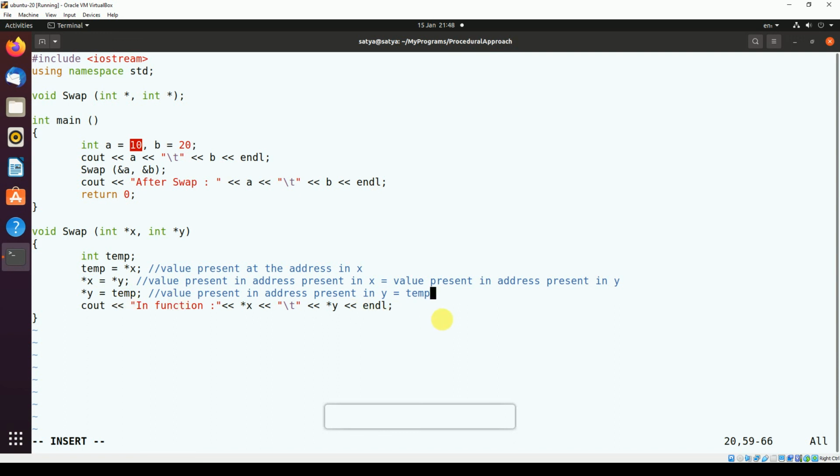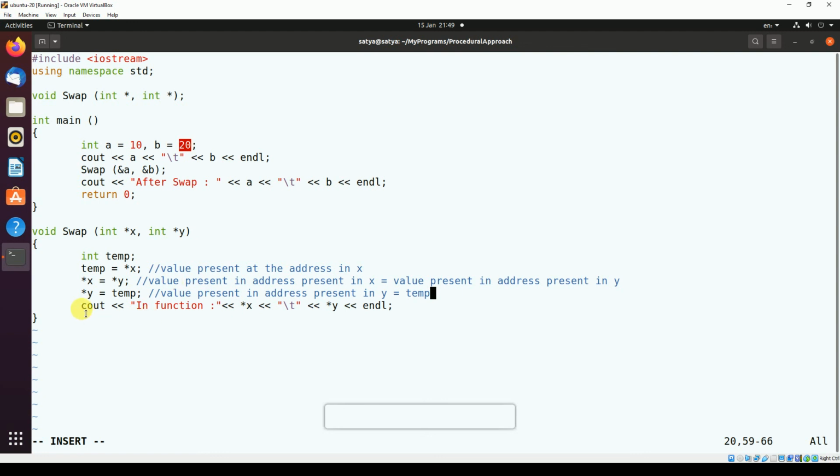Now the temp value will be copied to the value present in the address present in y. So in y, whose address is there? B's address is there. So at B's address the value is 20, and this 20 is replaced with 10. Okay, so now the values are directly affected here, a and b. Now a is 20, b equals 10.